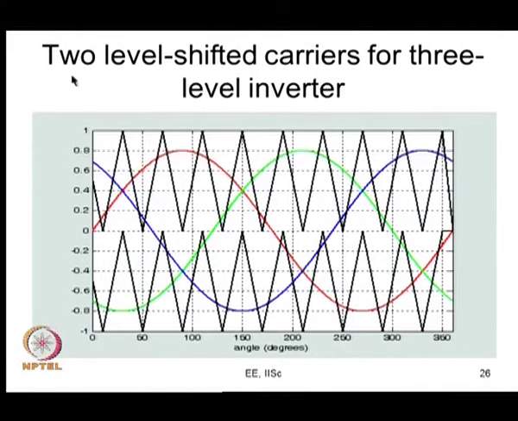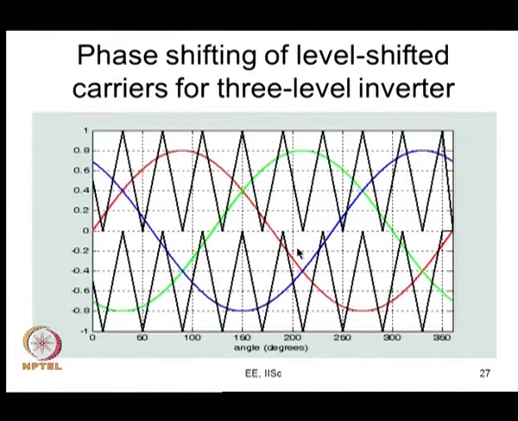So, this can be done using 2 level shifted carriers. This is one good way of extending sine triangle PWM from 2 level to 3 level. And actually the harmonic distortion is also pretty good with this, as we will see compared to other things now. So, as I just mentioned, you compare them with carrier, and obviously these are high frequency carriers, and